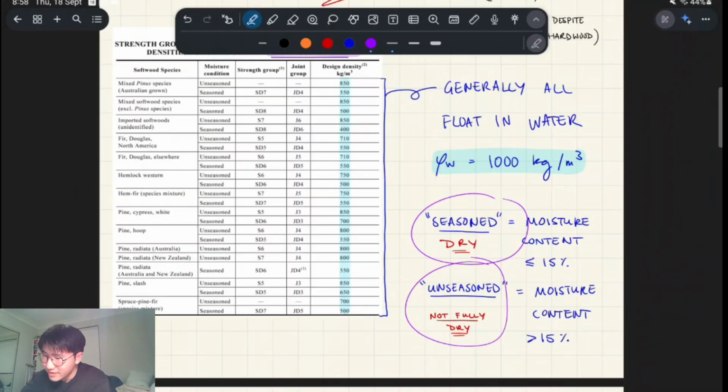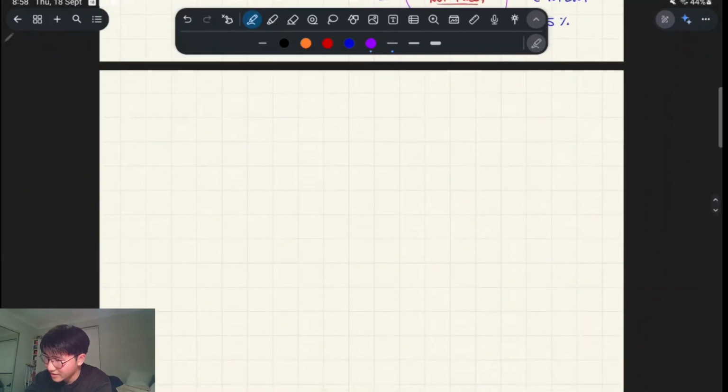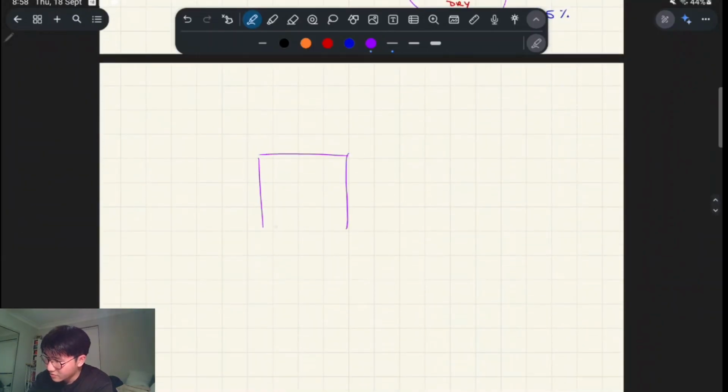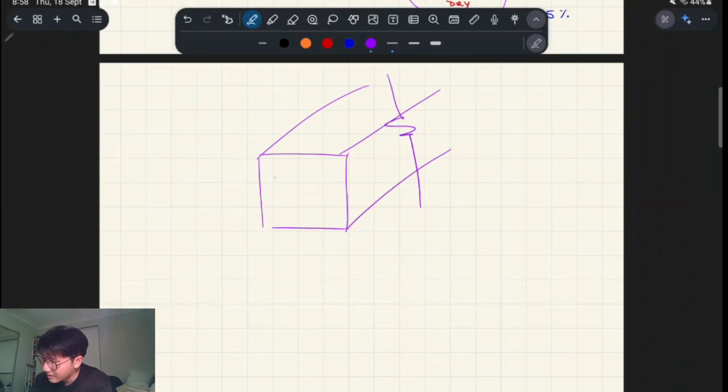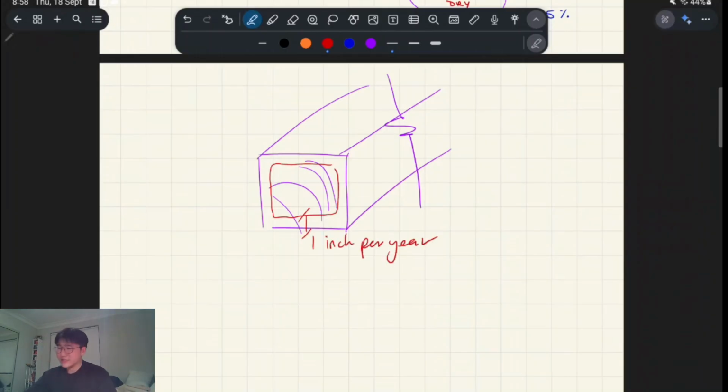And there's a rule of thumb that I learned during woodworking. Let's just draw it as a square prism. If that's a bit of wood, and it's unseasoned, it will dry at a rate of 1 inch per year, right? And so if you go to Facebook Marketplace and you see all this timber that's much cheaper than what you can buy on the market, and you buy it and you realize that it's not dry,